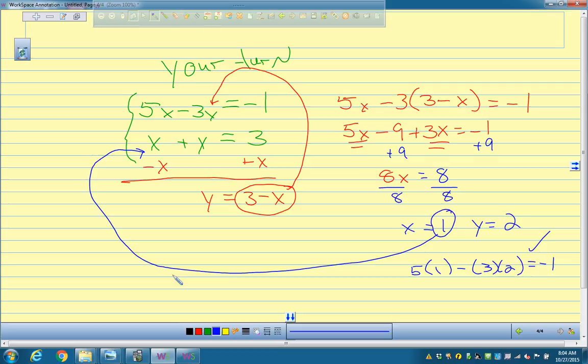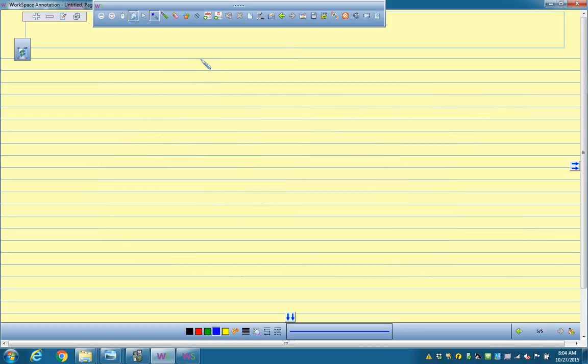You ready for the elimination method? Have you done the elimination method before? Okay, so elimination method is kind of a good way to solve equations too. And depending what the equations look like, use either the substitution method or the elimination method. So with the elimination method,